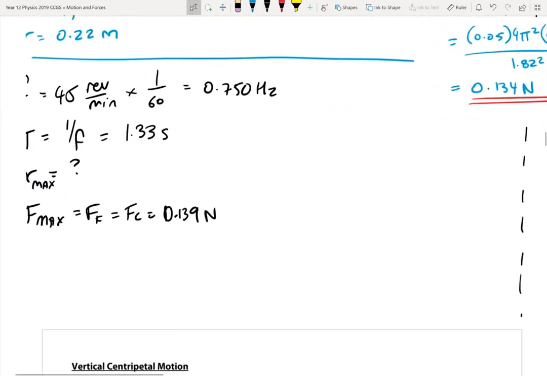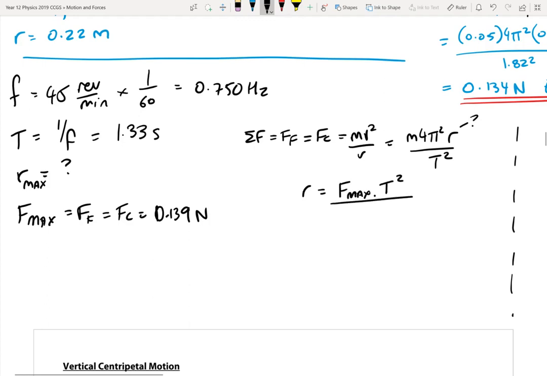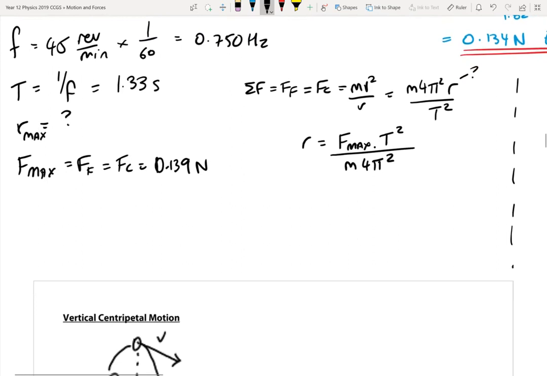So, we are going to spit out our equation again. Sum of all forces is that of friction, which produces centripetal, which we know to be mv squared on r. But I'm not going to do v... R, V. Well, we can't solve this without using our little m 4 pi squared r on T squared. And I'm going to rearrange for r. So, I would say that r equals F maximum times T squared, and then I'm going to divide by those coefficients of m 4 pi squared, and that should give us